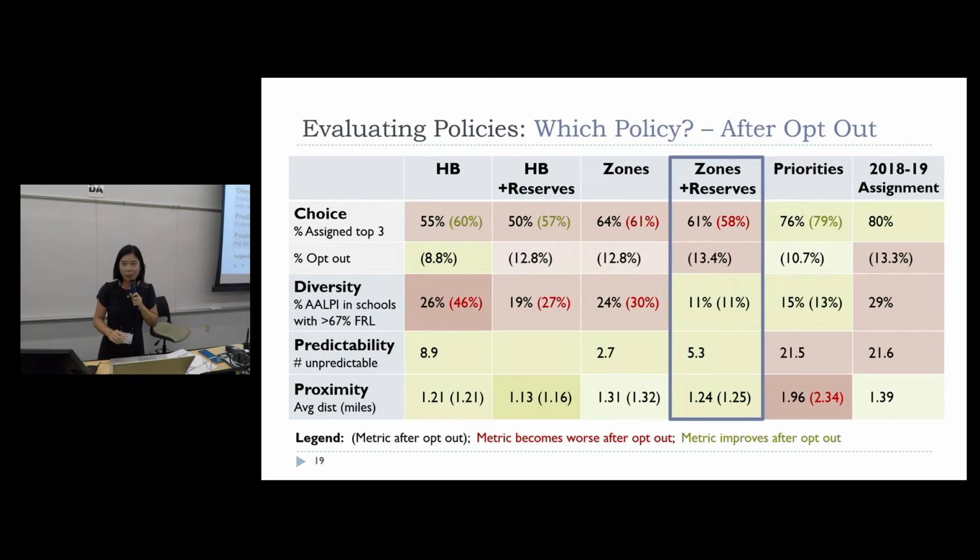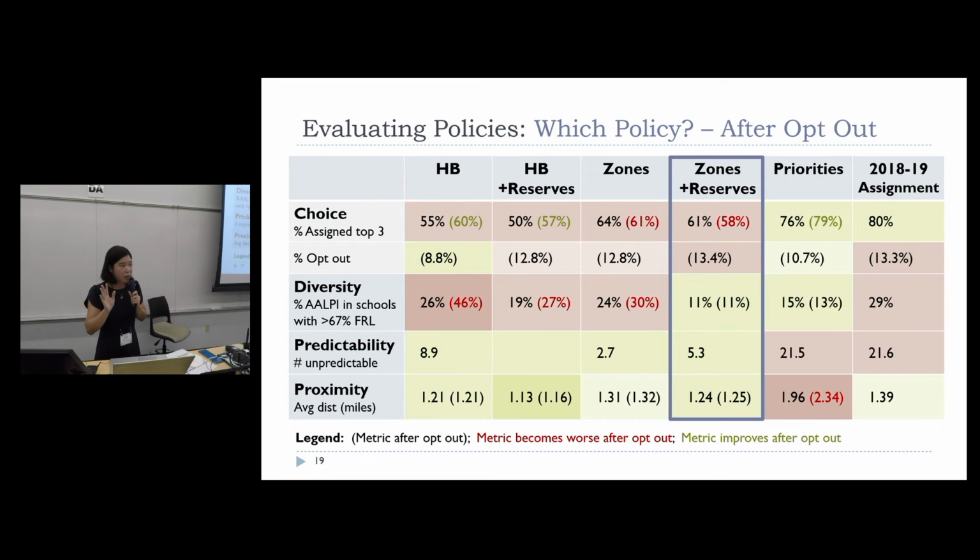Okay, so we were a little bit worried about this, and so we have been doing some post hoc work after the policy decision to look at, well, what do we really expect the effect of opt-out to be? Now, the caveat is that we don't really have the data to predict very well how students will opt out. Also, based on what we presented before, the district is really trying to invest in community confidence in schools. They have all these examples of schools that they were able to transform, within the space of 1 or 2 years, from really unpopular schools to the most highly requested schools.